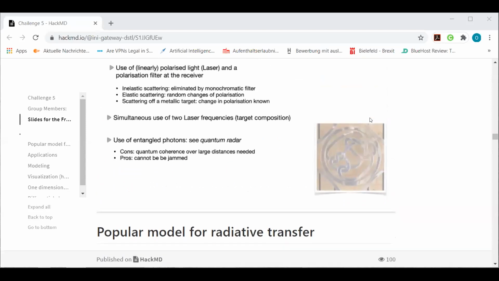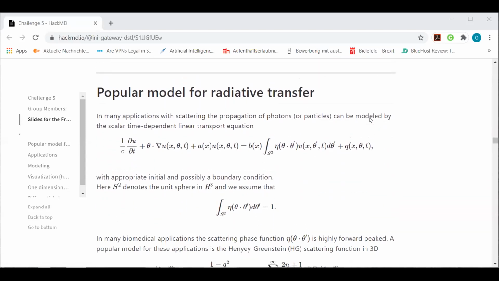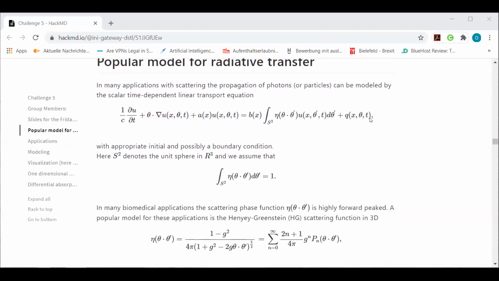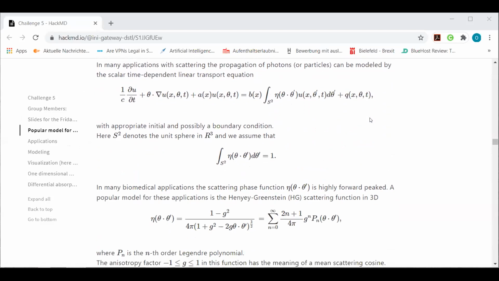So the next step in our consideration was how we can generalize what we did and incorporate maybe more features and more details of the physical scenery. Kurt mentioned already the radiative transfer equation. You can see it on the screen, hopefully. It is an integro-differential equation. It is used in many applications. I will explain a few of them a little bit later on.